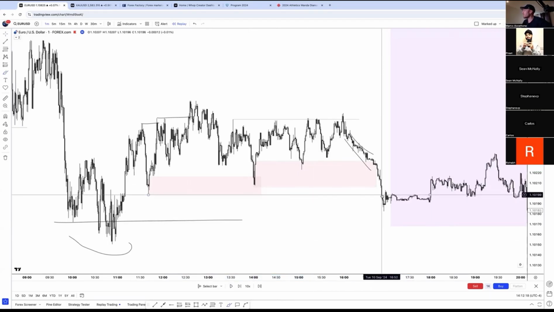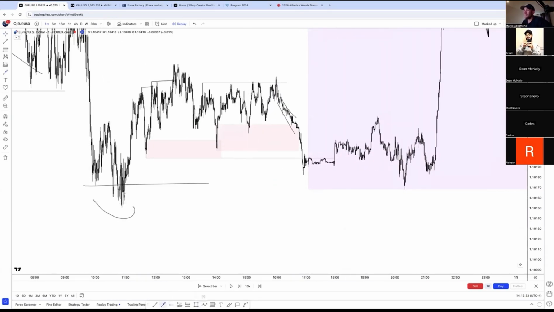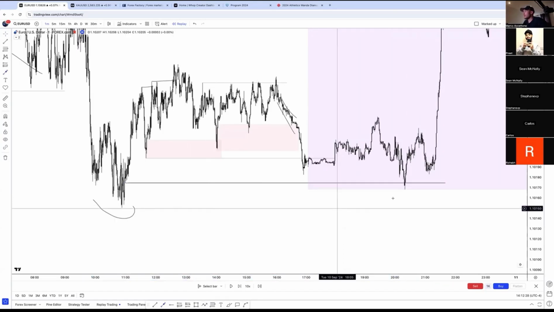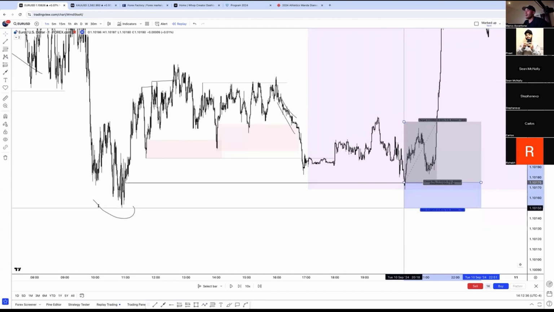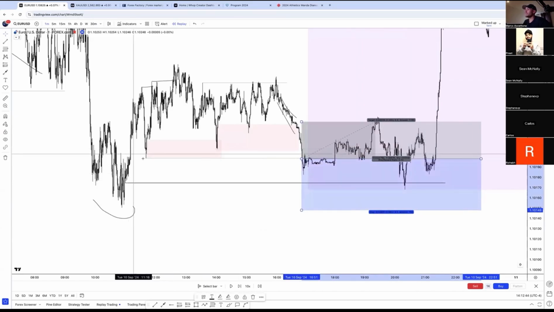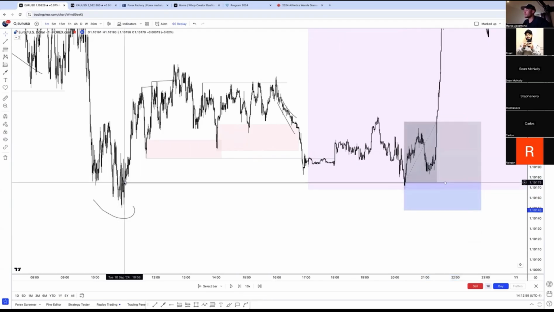This is an entry. Anywhere below this is an entry, okay? I had a limit set a little lower at the imbalance down here. It doesn't always come for the imbalance, okay? In this example, it does, and that's how I was able to catch the bottom. But I simply just had a limit set like this, okay? And my stop loss below the liquidity block. So, like I was telling you guys, it doesn't always come for the imbalance. So the best way to take this entry is to wait for this liquidity to get taken, and again, just cover that liquidity block, okay? In my example, I was lucky enough to get tagged in at the M1 imbalance over here.